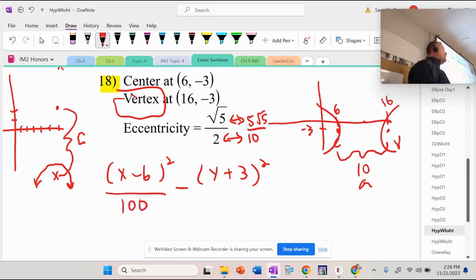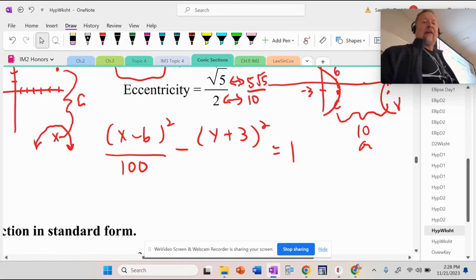Now I do have to do the thing. If you don't put equals 1, what's going to happen to you? You're gone for a half point. Got to be an equation. I feel like that's laziness. All right. 5√5. We'll get this done quick because it's same old, same old.